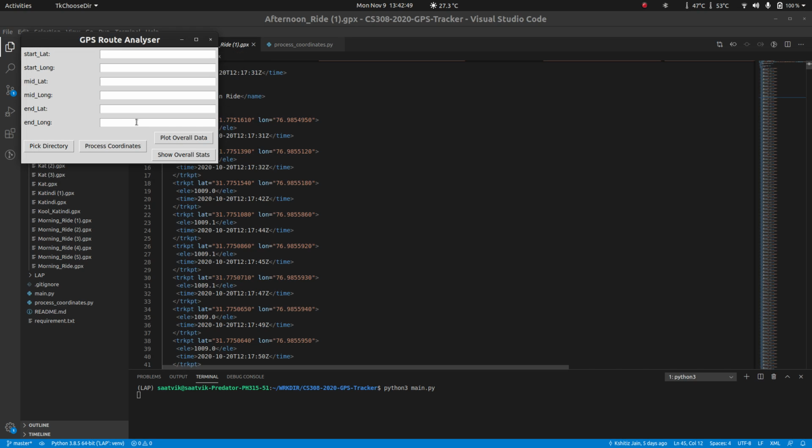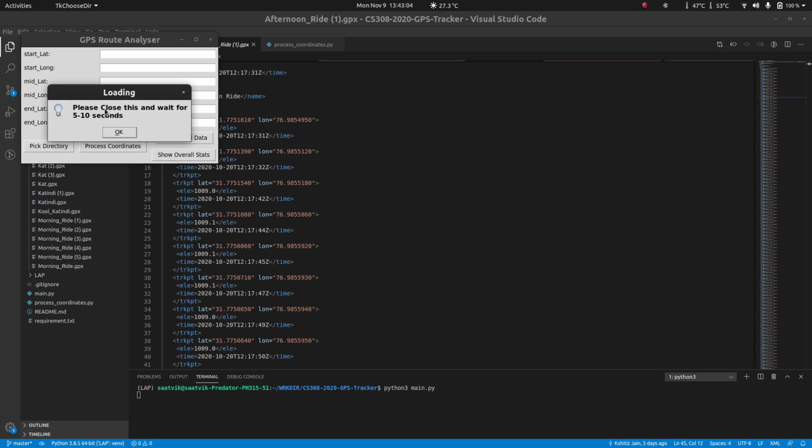So this is the directory file. As this directory contains the GPX data for all the trips that we have done, I'll start with the plot overall data functionality. As the tab says, after I close this, I'll wait for 5 or 10 seconds, and